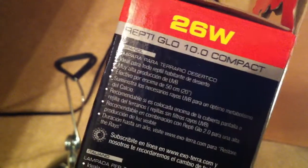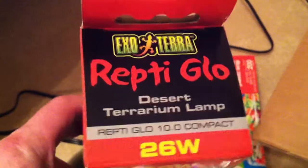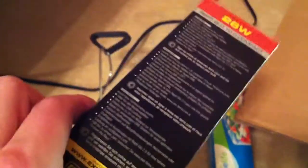Hopefully me advertising this doesn't raise the price. They last about a year of potent UVB rays. We use 10 hours a day, which is way more than I'm ever going to SeaGlow my shoes, before they start losing some potency. But I would imagine with a SeaGlow application, they're likely to last at least several years, depending on how often you're using them, while still outputting quite a bit of UVB rays, because that's the critical component